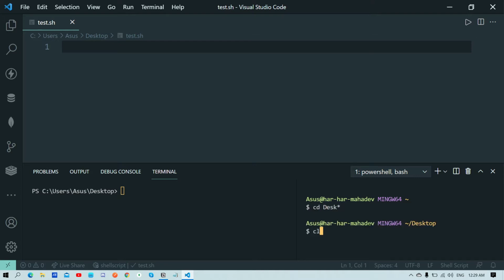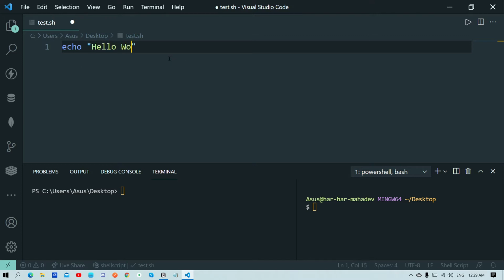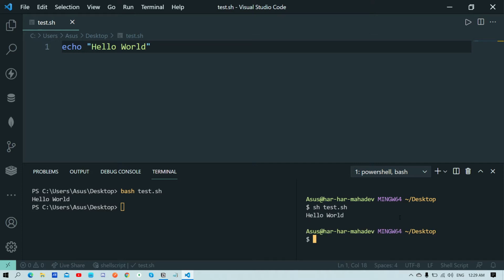After that we'll go through the basic commands like echo hello world. Generally we use shell scripting for automation. Hello world, that's it, finished. Once you run this command, that is bash space the name of your file.sh, okay, in Windows we use bash, and in Linux we use sh, test.sh, so like that. So yeah, it will print simply hello world.